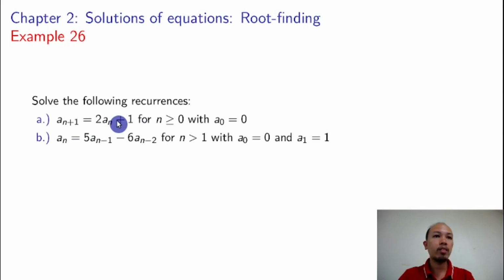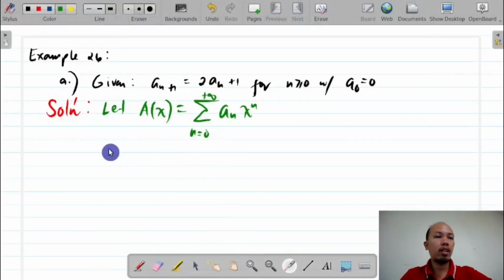Okay, so I'm going to solve letter B, and as you will notice later, there are times that we will not start at n equal to 0. So let a of x be equal to the summation of a sub n x to the n, starting from 0 to infinity. Then